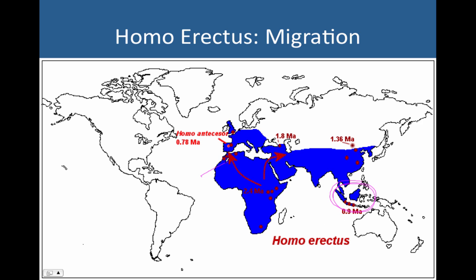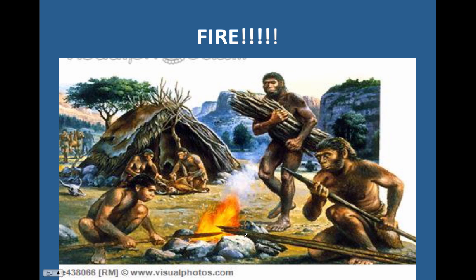Now, as you can see here, they came across this, which you might know as the Sahara Desert. Well, it's important to know that back then that was actually a jungle, so it was much easier to cross than a desert. But undoubtedly, and perhaps the most important invention, if you will, or innovation in human history is